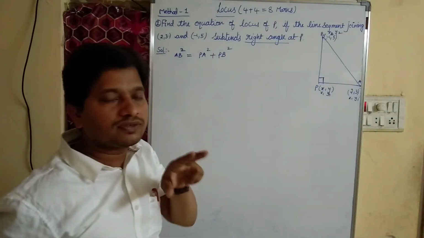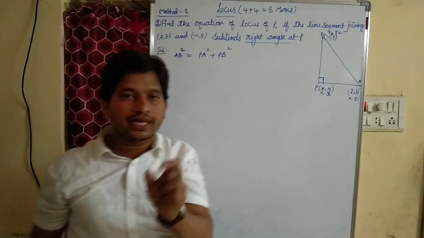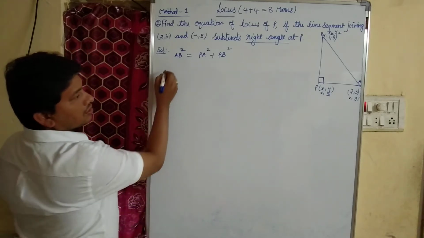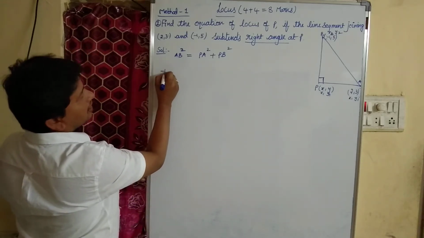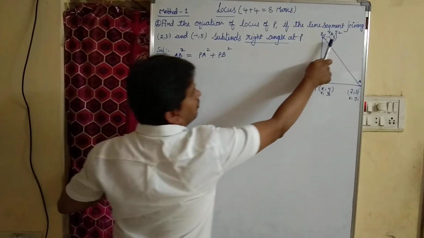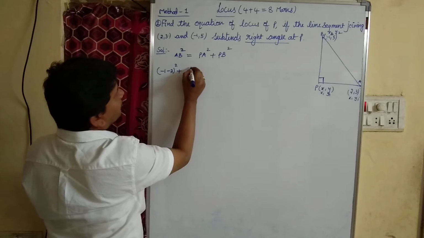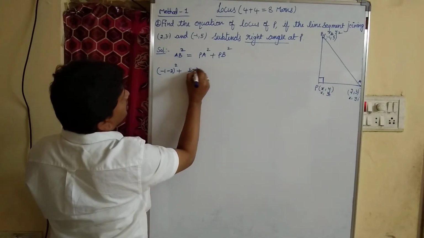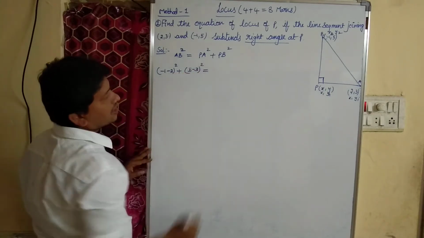Distance between 2 points formula is x2 minus x1 whole square plus y2 minus y1 whole square, so minus 1 minus 2 whole square plus 5 minus 3 whole square is equal to,